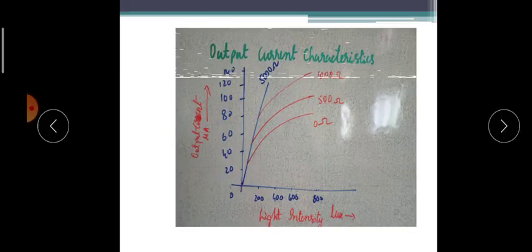Output current characteristics of a given solar cell can be analyzed using this graph, in which the output current of a solar cell increases with increase in light intensity. As the current produced is very small, its value will be in terms of microamperes. This current also depends on the efficiency of the cell and active area of the cell.